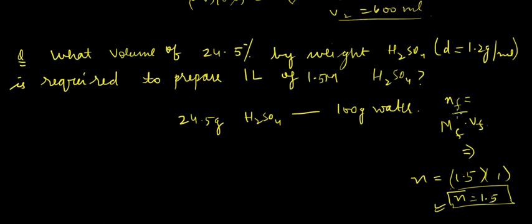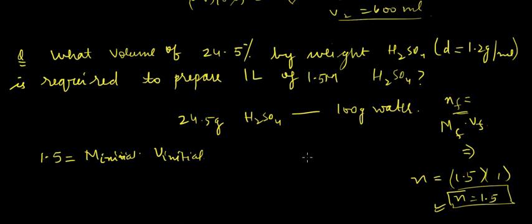Now with this we calculated the final number of moles as 1.5. Now these moles should also be available in the initial sample. So in the initial sample we must have the number of moles equal to molarity initial times volume initial. Okay, one way of looking at this is this. Another would be,